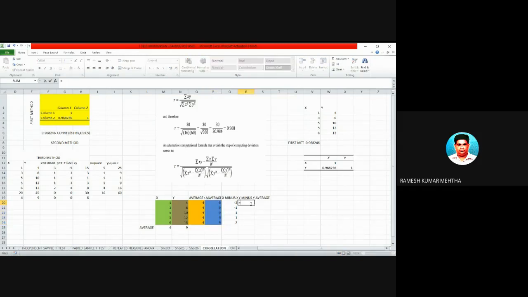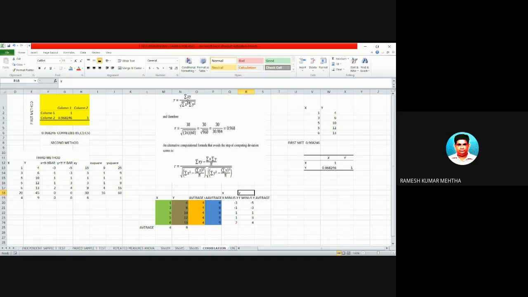So that is 4 minus 9, and then drag it. So this is the next step. You got small x values and small y values. How did you get the small x value? x minus x bar, that is x average, and the small y value, how you got it? y minus y average or y mean.